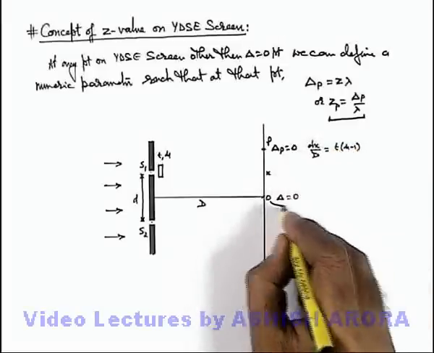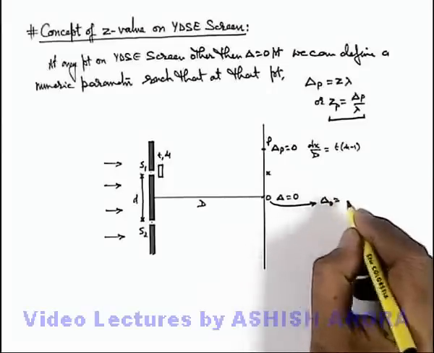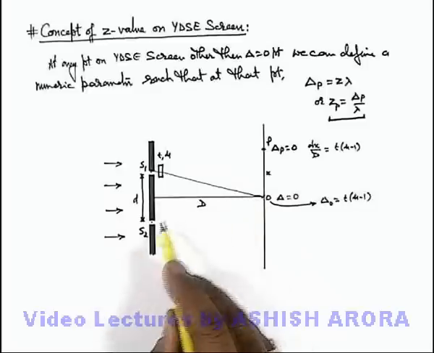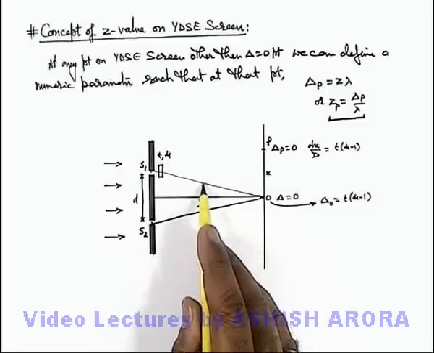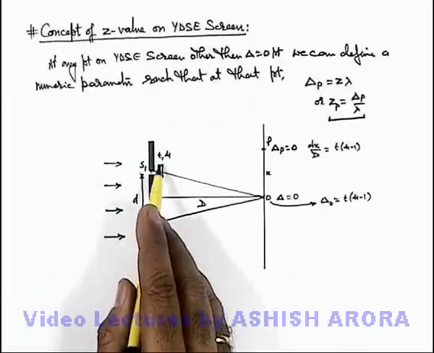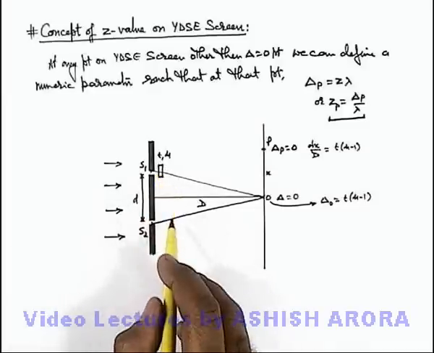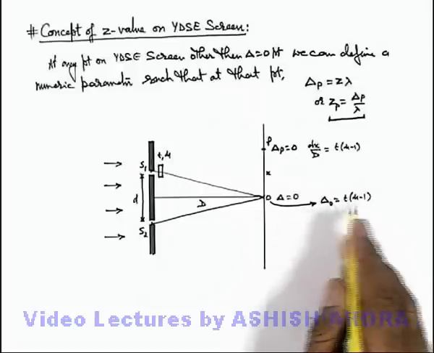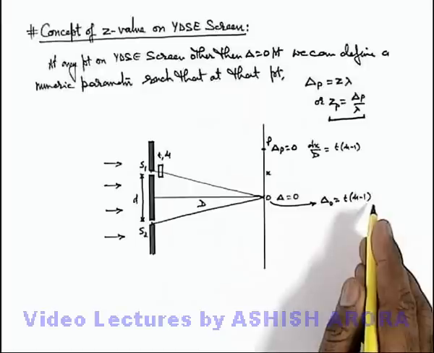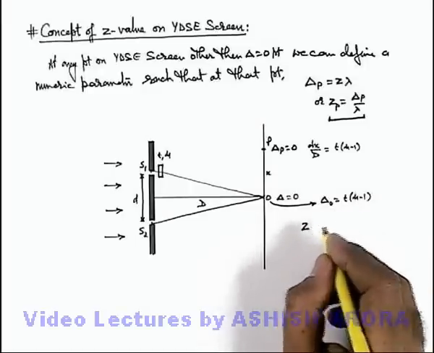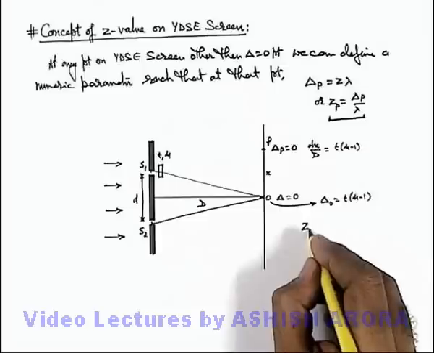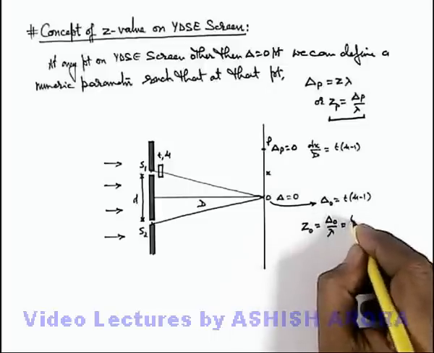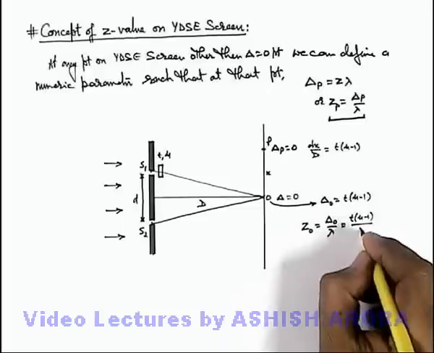Now in this situation at point O, the path difference is equal to T multiplied by mu minus 1, as the two waves reaching point O will have the same physical path, but the optical path due to this film is changed. So this is the path difference at point O. We can express it in terms of lambda, which we can obtain by calculating the value of Z at point O, which we write as delta at point O divided by lambda, and here this is T multiplied by mu minus 1 divided by lambda.